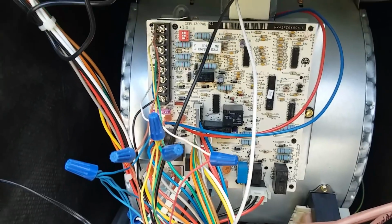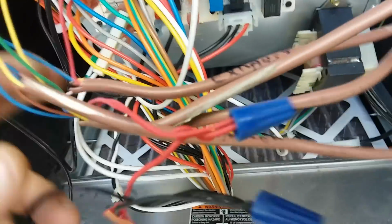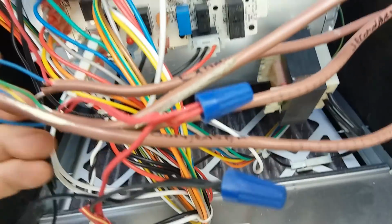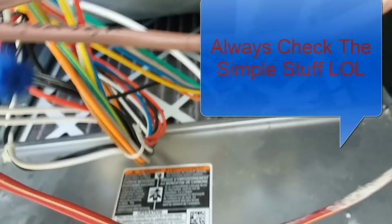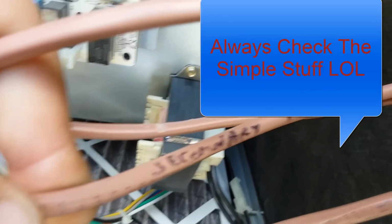Alright, no voltage here. That's not good. Put you on a new thermostat anyway. Alright, so we don't have power going to this. There's an exhaust on it, condenser, secondary thermostat,